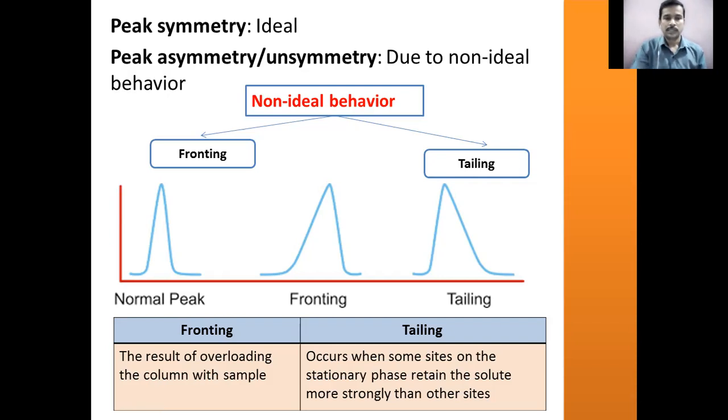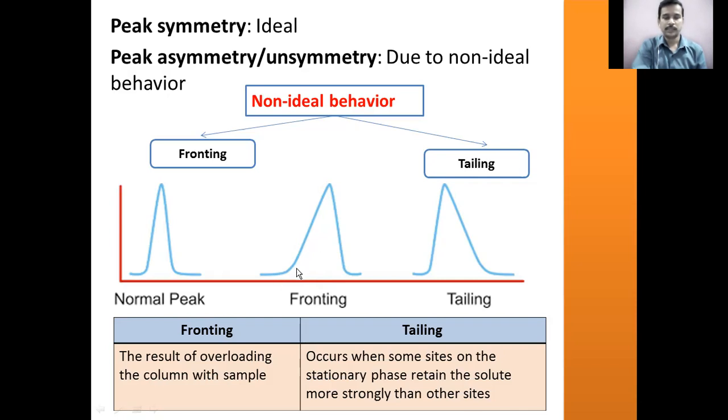So the solute is going to partition in an abnormal manner. Therefore, you can see a tail at the beginning of the chromatogram because the solute has been introduced in a greater quantity, or the column has been overloaded. Because of the introduction of too much solute or too much sample to the chromatographic column, there is a disturbance in the equilibrium partitioning of the solute. Therefore, this fronting is seen.